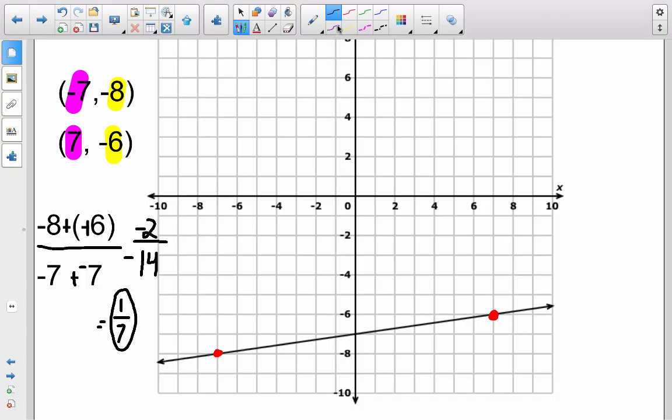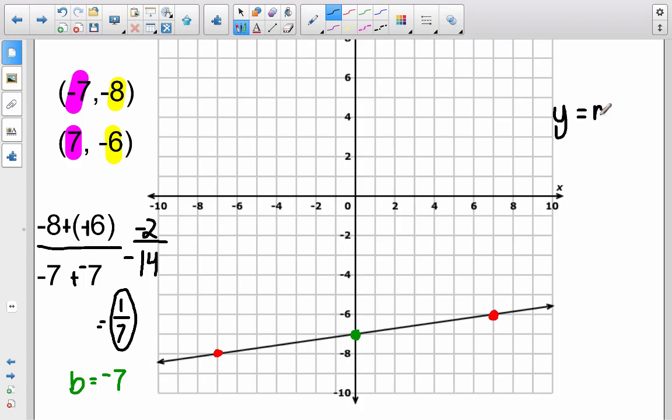The other piece of information I need is my y-intercept. So I'm going to look on the y-axis and find where the line crosses through it, which is right here. And I know that that point is at -7. So my y-intercept, or my b, is -7. So my final equation, if I'm looking at y equals mx plus b,